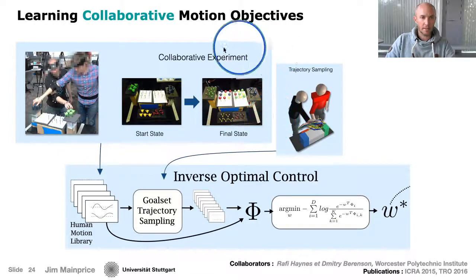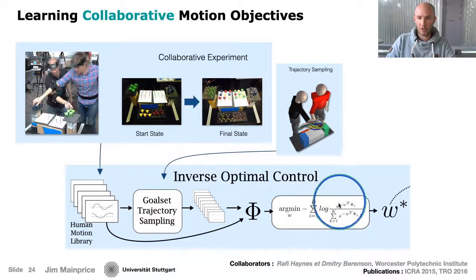We first collect data on this experiment. This data is being segmented by trajectories. We sample trajectories around each of the trajectories that has been collected. This generates a huge data set of features, so we evaluate the features for all the trajectories. And then we solve this convex optimization problem, which has to do with probability distribution, where we want